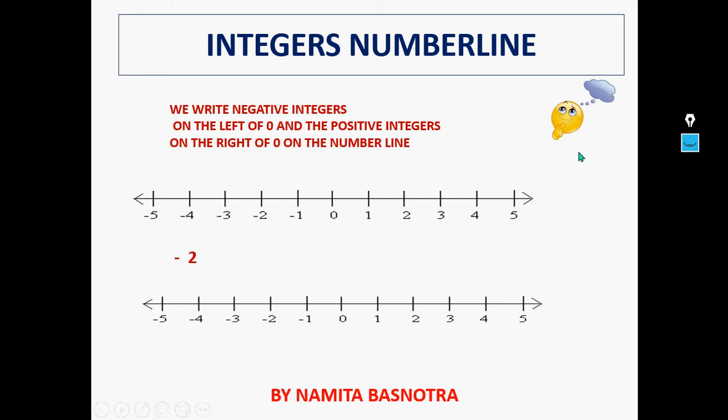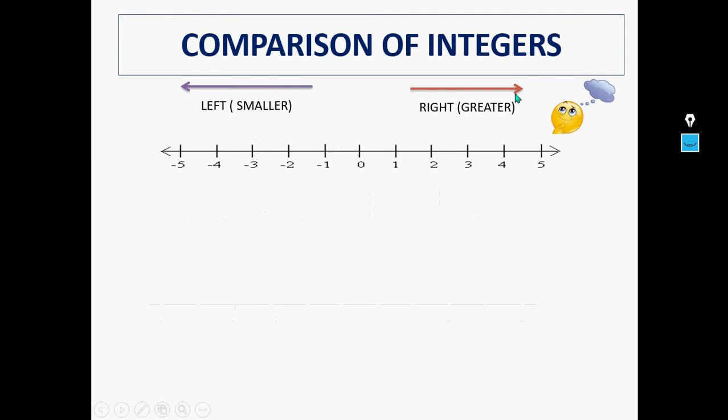So now after this I'll teach you how to compare two integers. If you have some integers with you, clearly you know that the negative integers are smaller and the positive integers are greater, that I have already told you. But here with this number line you can also answer very small basic mental math questions. So looking at the number line, shall we begin? Okay, let's see what is question number 1 and get set to answer.